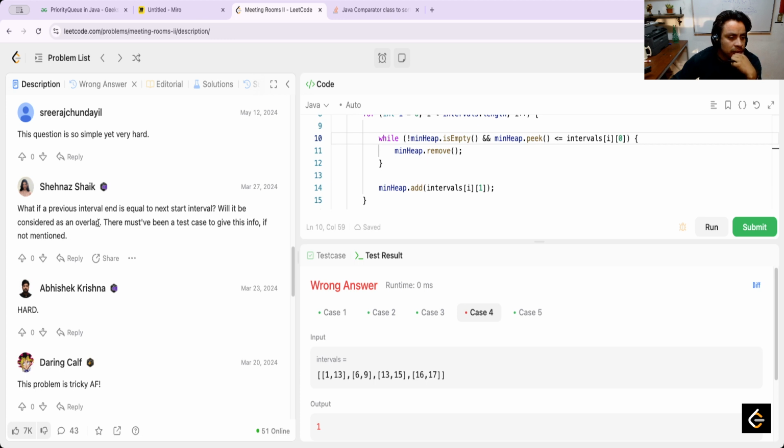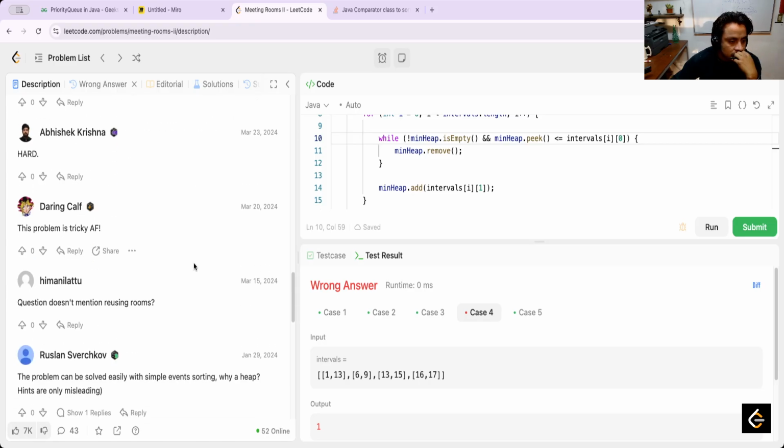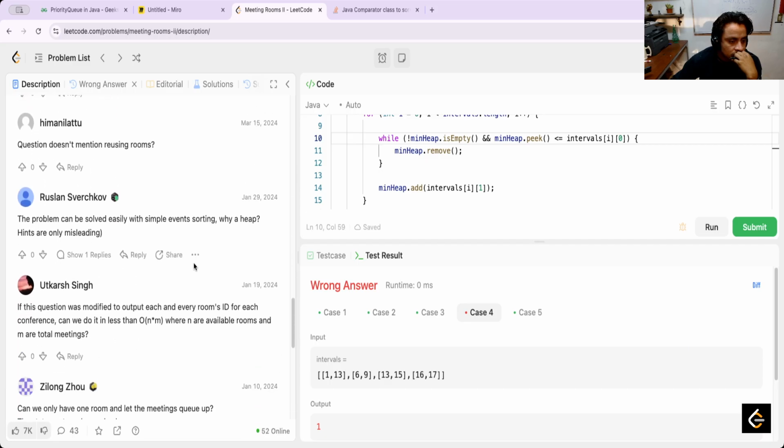What if a previous interval end is equal to the next start interval? Will it be considered as an overlap? There must be a test case. Yeah, I have the same thought, but my solution doesn't resolve both problems. If I use this,